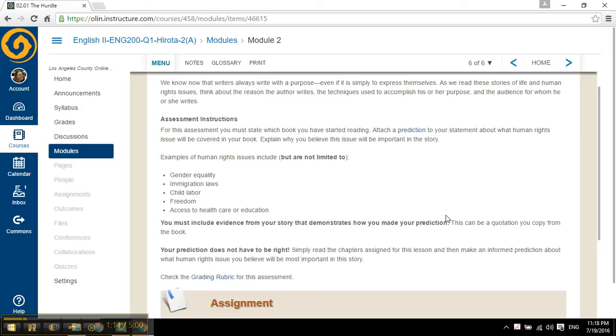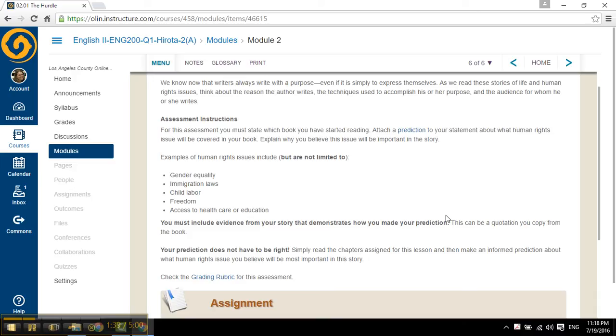Because remember, all 5 of the books deal with the issue of human rights. Some of them deal with it based on race. Some of them deal with it based on gender. Some of them deal with it through a science fiction, futuristic idea that serves as an allegory to human rights.